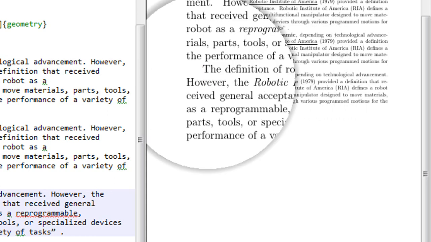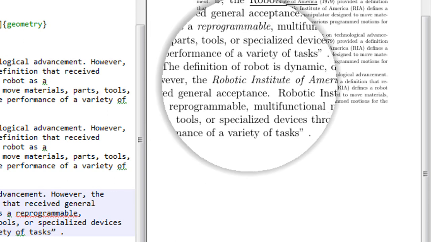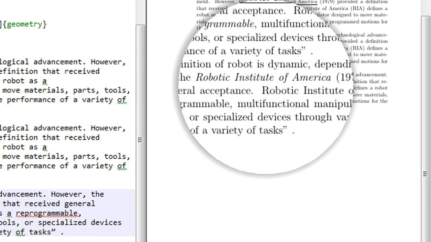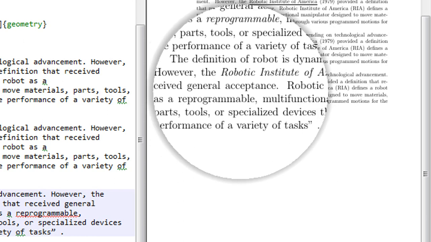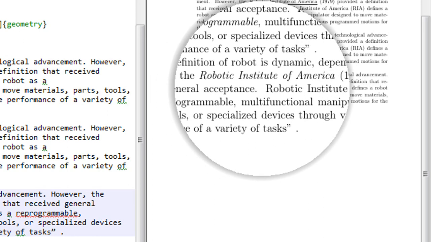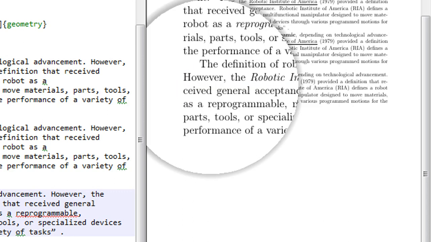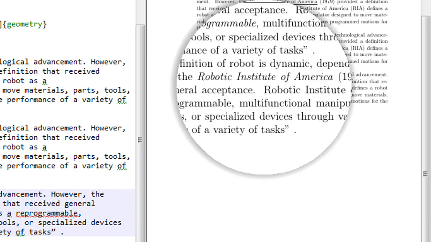In this paragraph, the text except Robotic Institute of America is normal text, and only the text which is emphasized becomes italics. So if the remaining words are normal, then the emphasized word will be in italics.